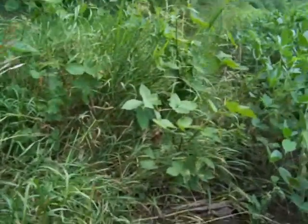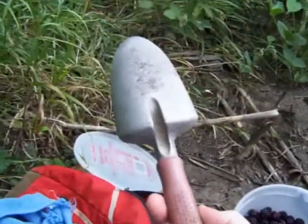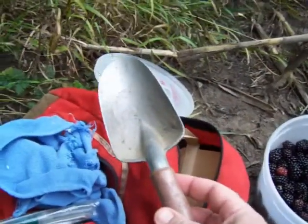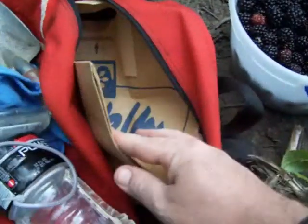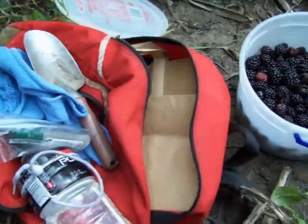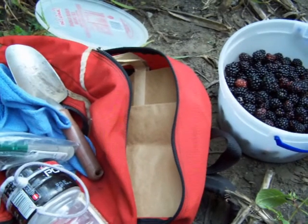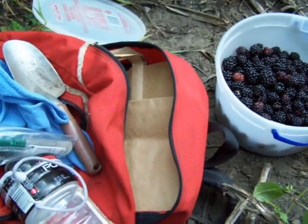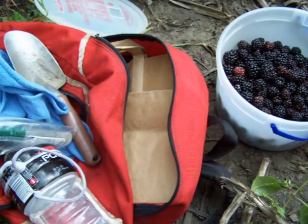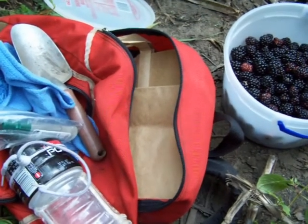But those are the things I use, and a couple other things that are nice to have is a heavy-duty garden trowel or a heavy-duty folding camp shovel for digging up roots and stuff. That helps a lot. And I usually keep a big brown paper grocery bag or 2 in my pack as well, in case I find some mushrooms or something. Another thing that works really good are the small paper bags that you get your fast food in. You know, instead of pitching those in the trash or whatever. We recycle all our stuff, but instead of throwing them away, I use them because if I put 5 of those